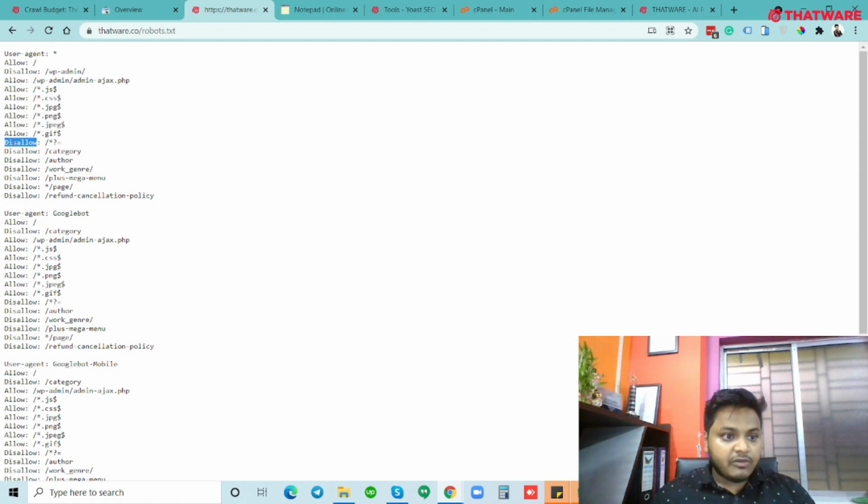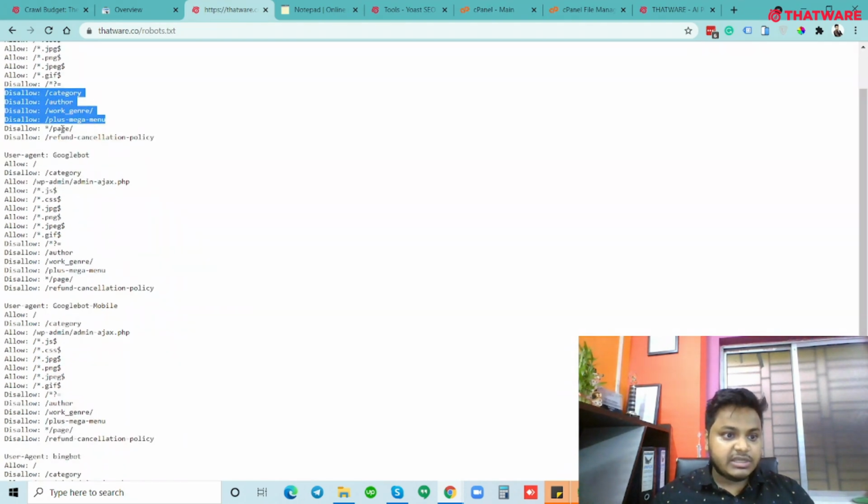And for disallow, we have used this to prevent soft 404 or 404 occurrences. I have disallowed all the category, author, and unwanted pages so that we prevent index bloat and crawl budget issues. And last but not least, we also have disallowed all the page URLs so that we do not